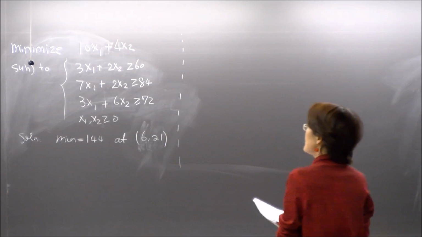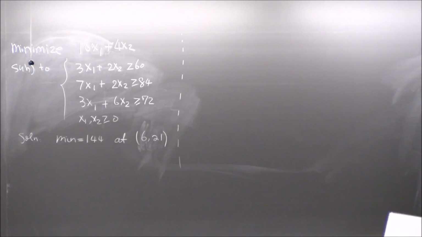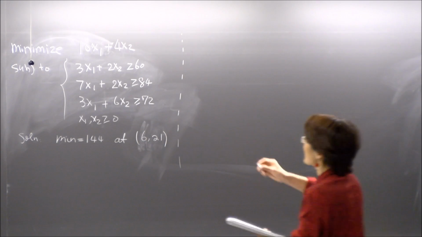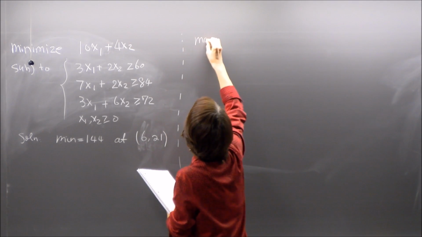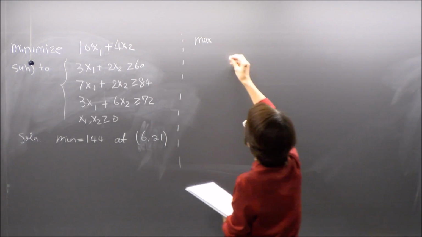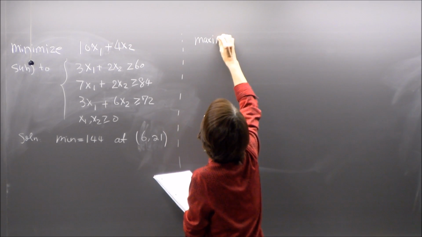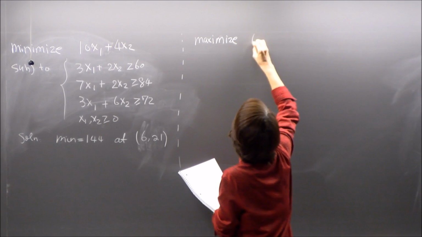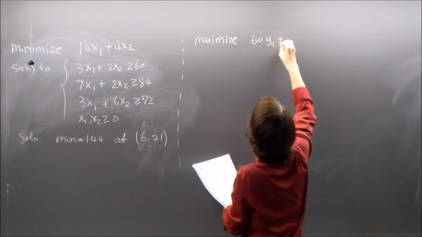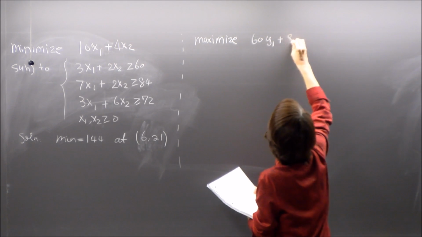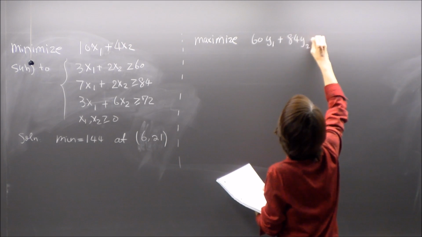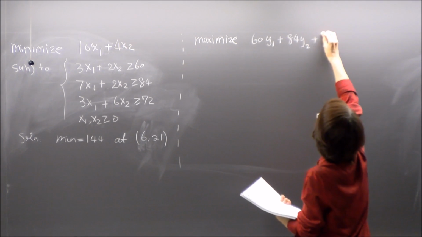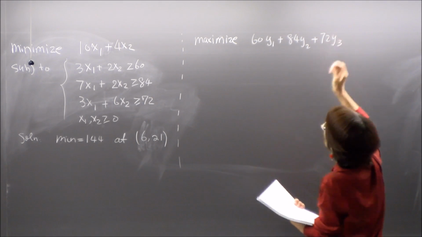Okay. And then the other problem closely associated to this from the competitor, we call this a dual. We'll properly define it. Maximize. Now I have the following. We derived it last time. 60y1 plus 84y2 plus 72y3